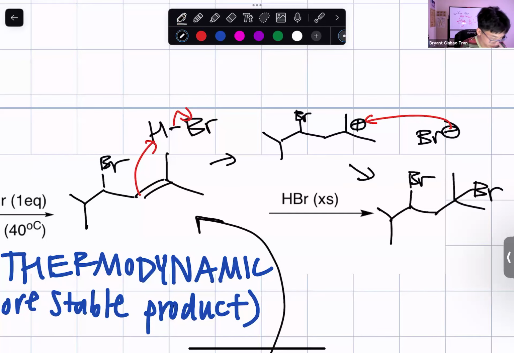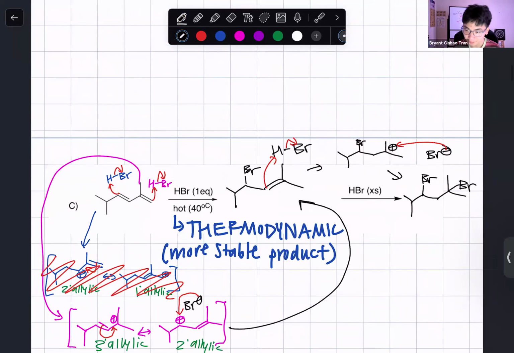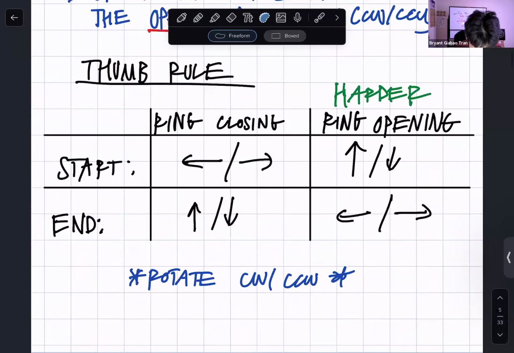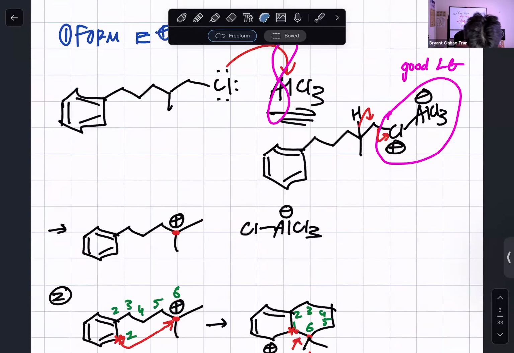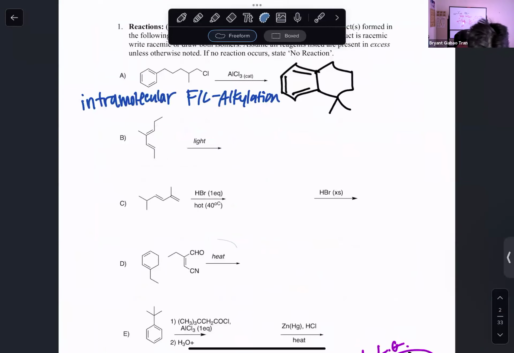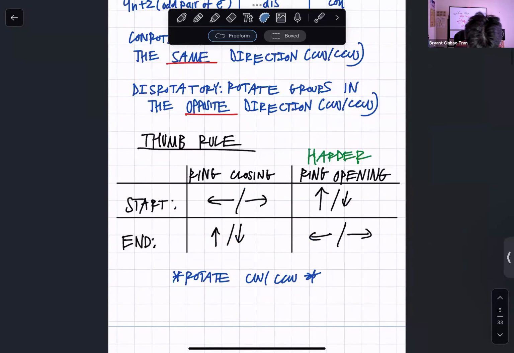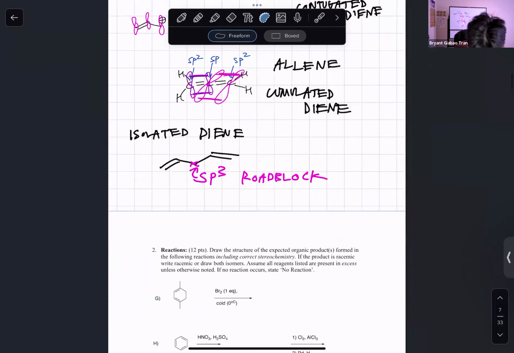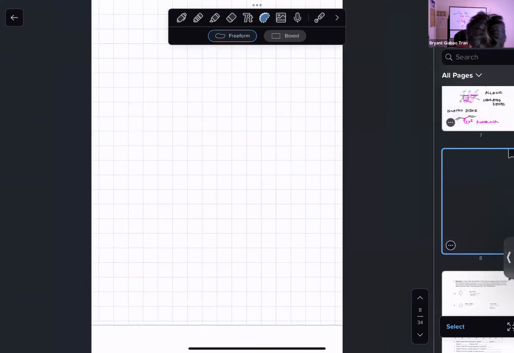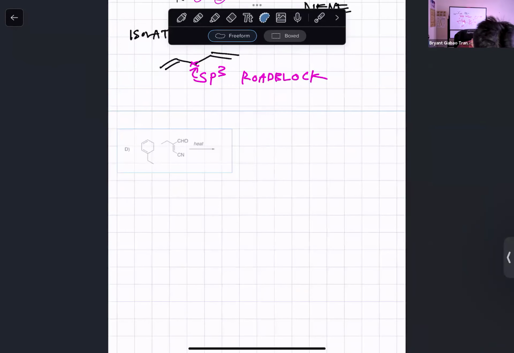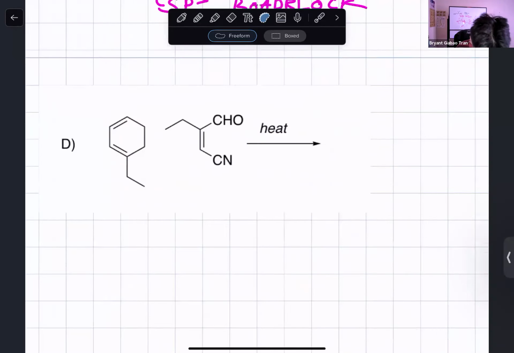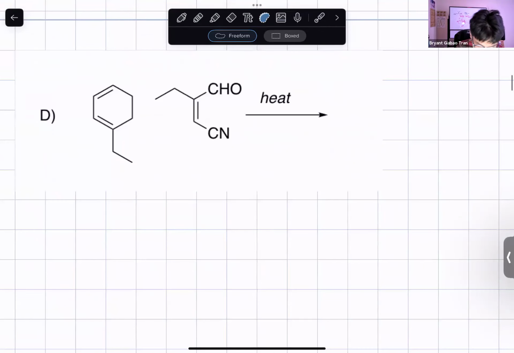Right. Okay. Any questions on this problem? Okay. Let's move on to Diels-Alder. Okay. So in Diels-Alder,